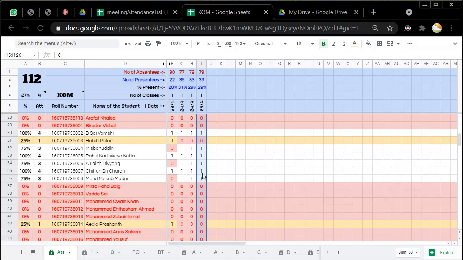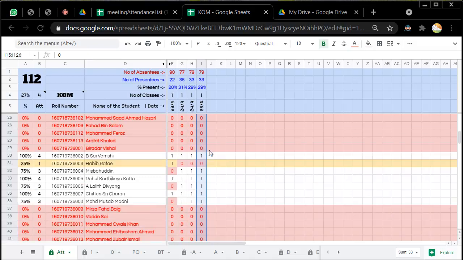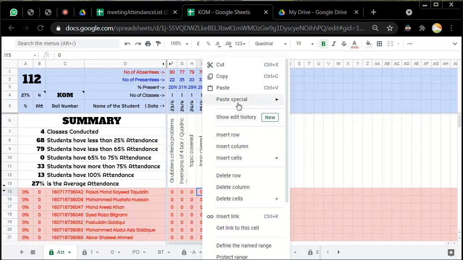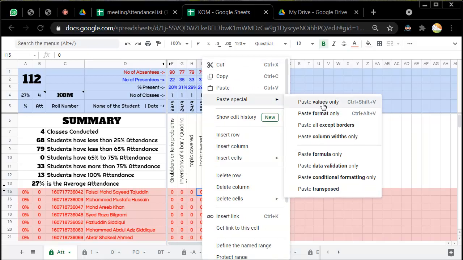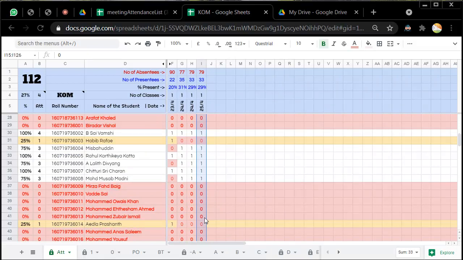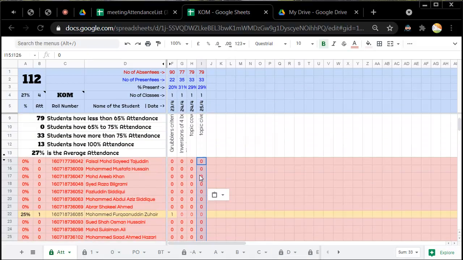That is why we have to press Ctrl Shift and then V. If we are unable to do this, there is an alternate method: right click on the first cell, go to special and paste values only. This will also do the same. But if we just do Ctrl V or direct paste, there is a chance that along with the data the formatting will also get pasted, and that will create problems in future.